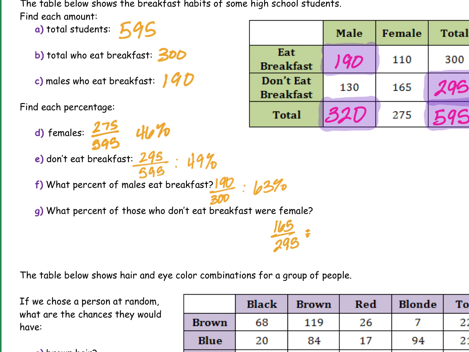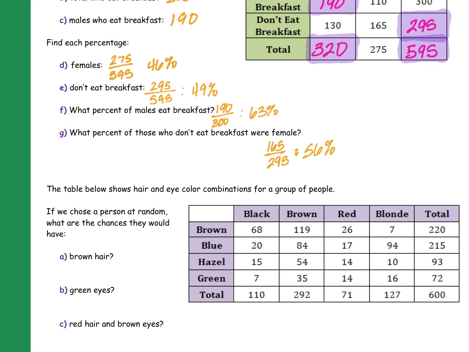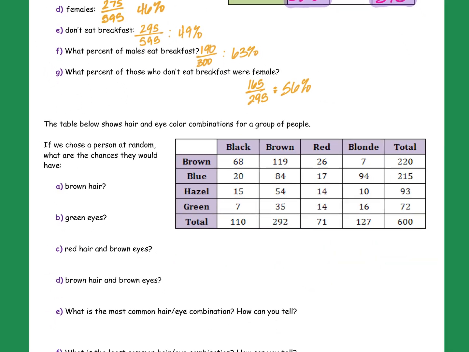Carlos, what is that the answer for? What did you do 31% for? The one we're doing now? It's 56%. Look at your calculator. Are you okay with that? Yes. Okay, for female. Awesome. Okay, so now we're going to do the same thing, only we're going to use this table